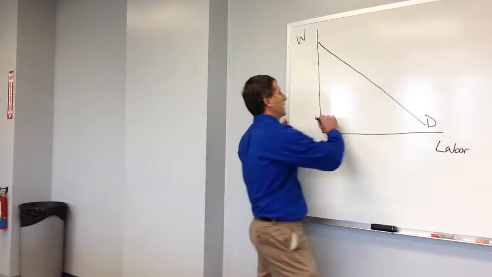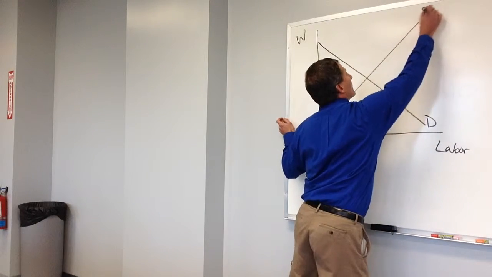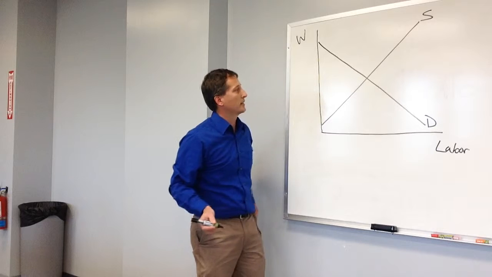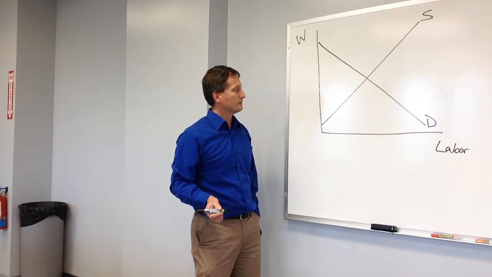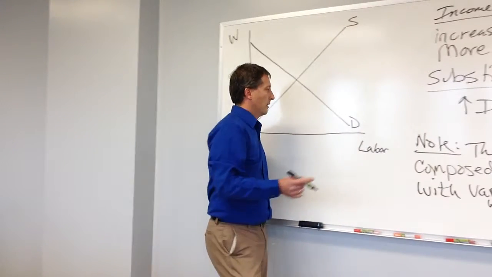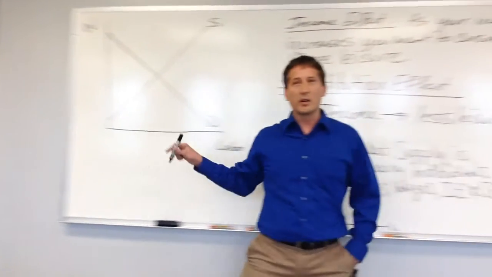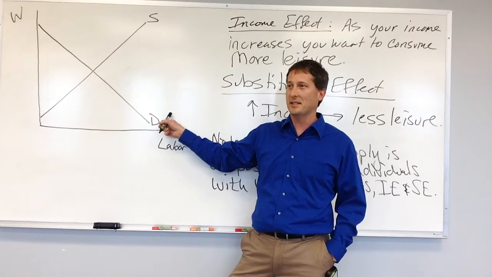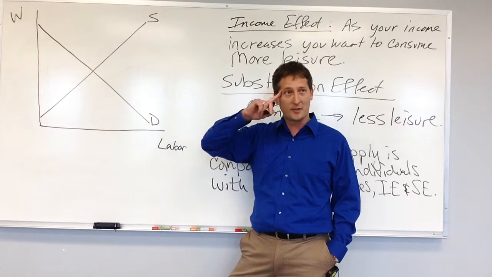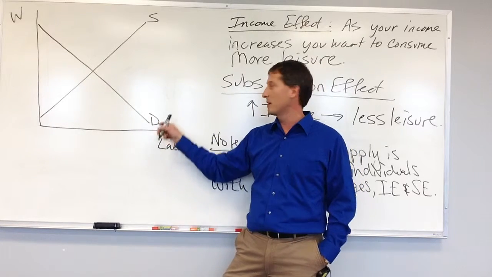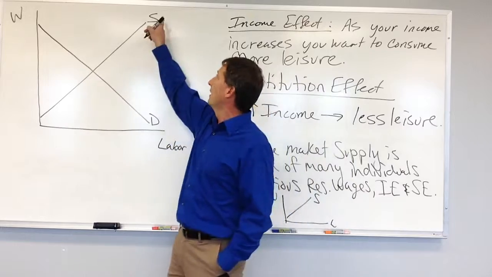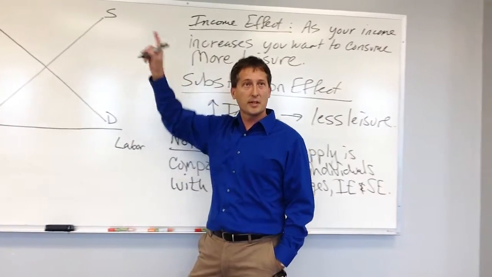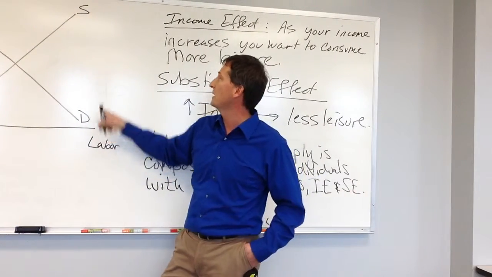For labor and a supply of labor. Just kind of a standard looking thing here. If we're in the labor market, who's the demand curve? Households? People? Businesses? Businesses, right. So don't forget that. Now that we're in the labor market, the demand curve's the businesses, the supply curve's the individuals, thinking about the labor-leisure trade-off, right? So you got households up here, businesses down here.